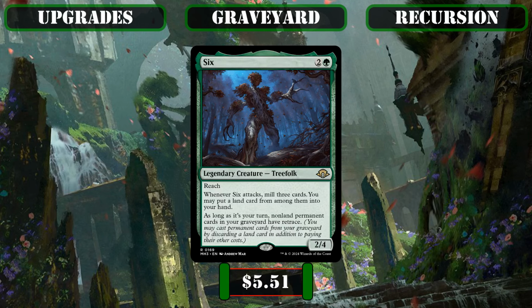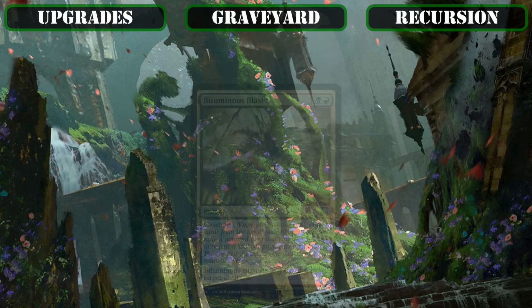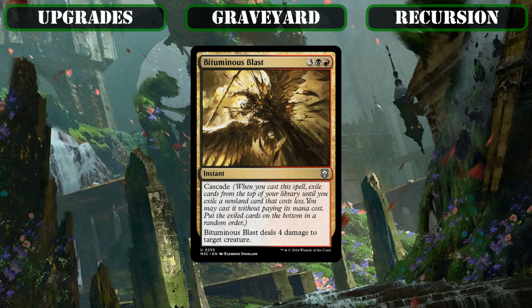so we can bring in 6, whose on attack self-mill and land recursion are decent if and when a safe attack presents itself, but we're mainly running due to their passive ability to grant all our permanent spells retrace so we can turn our dead land draws into impressive value from our bin in the mid to late game, swapping out Bit Blast, which is a cute Jund throwback but not particularly good in this build as a removal piece due to its high cost,